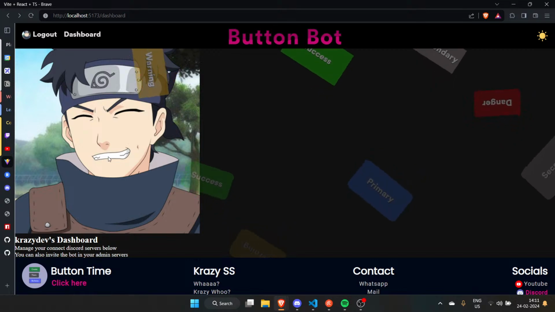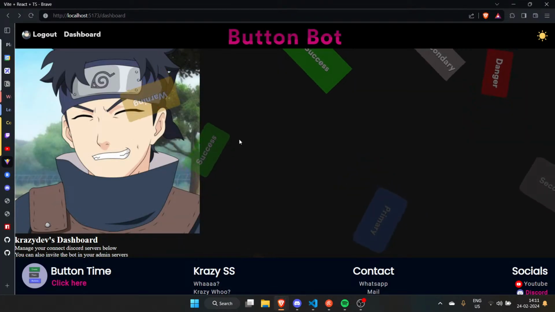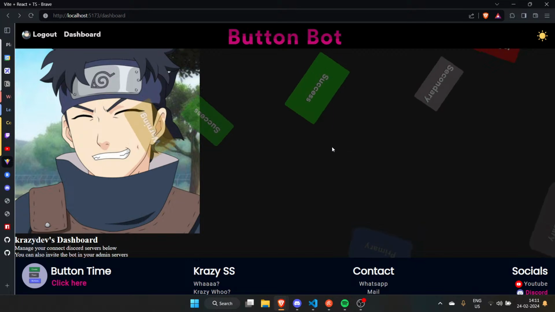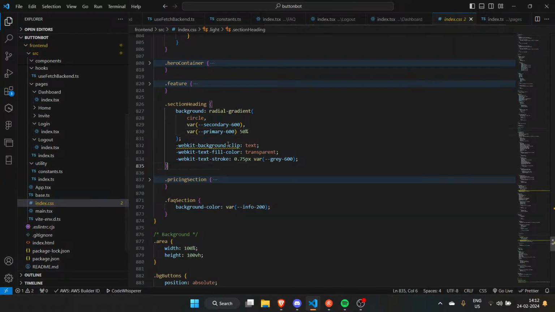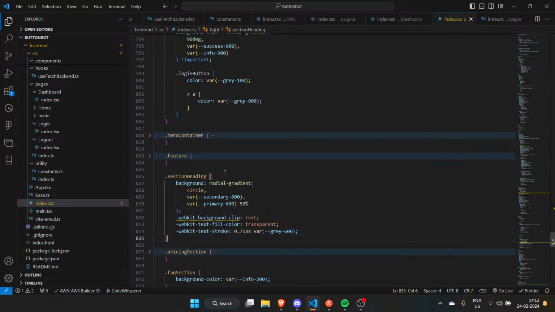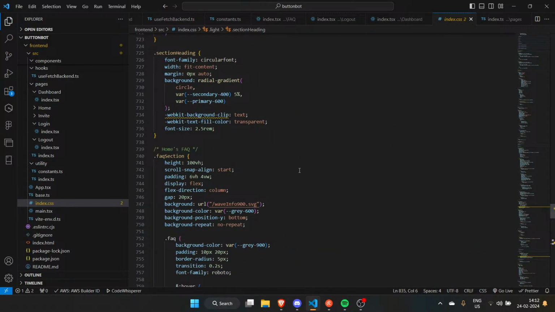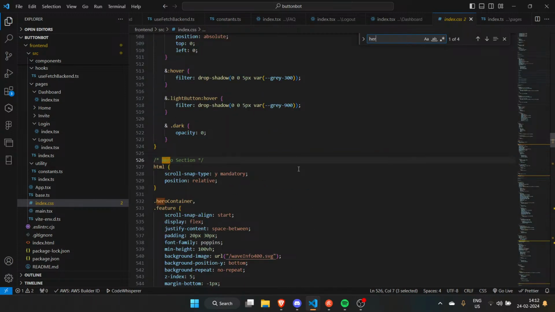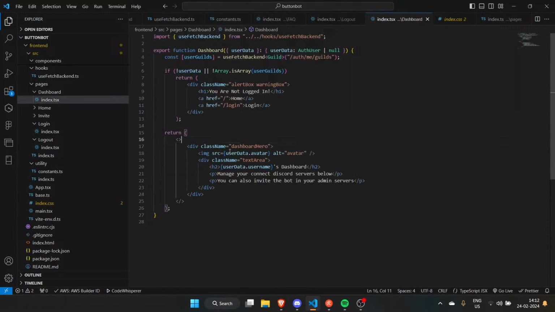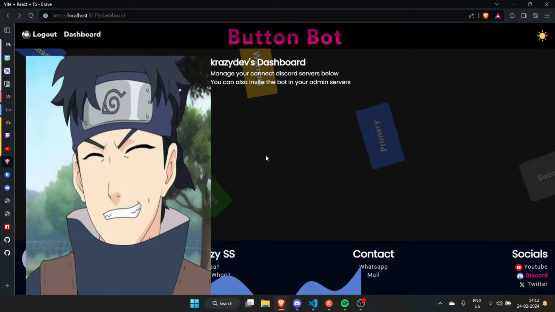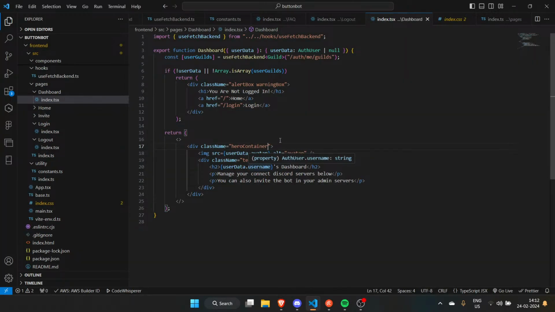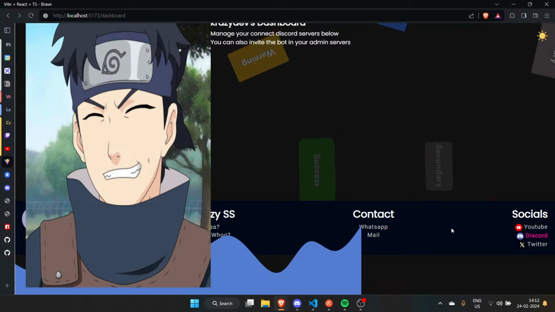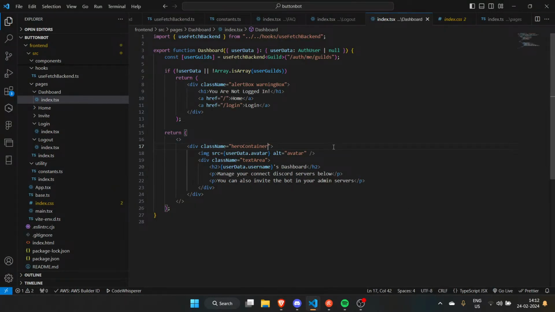Why is this thing above all of that? What? Why are these buttons above all of that? What the hell, dude? That's unacceptable. I guess if I go to hero section, it is called hero container. Should I just steal that? At least they are not above everything. Then for some reason footer is like that. That's weird.